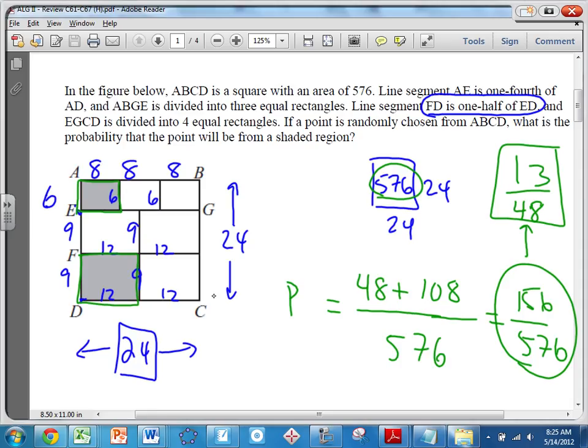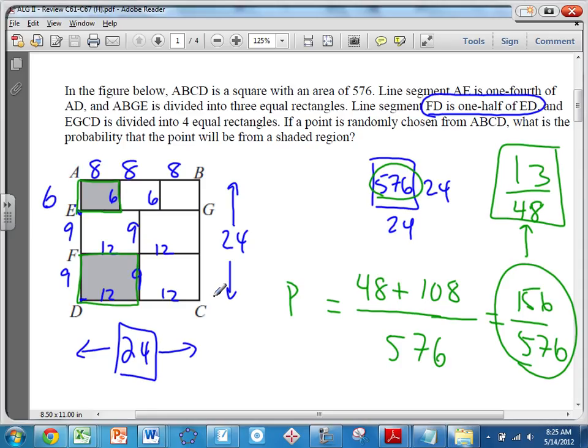Just like if you think about the dice, right? What's the probability of each side landing on a dice? 1 out of 6. And if you have 6 sides, and you sum them up, you get 6 out of 6, or back to 1. The probability of any event happening, of all the possibilities, is always going to be 1. Always, always, always. So, if this is 13 out of 48, the probability of landing in an unshaded region